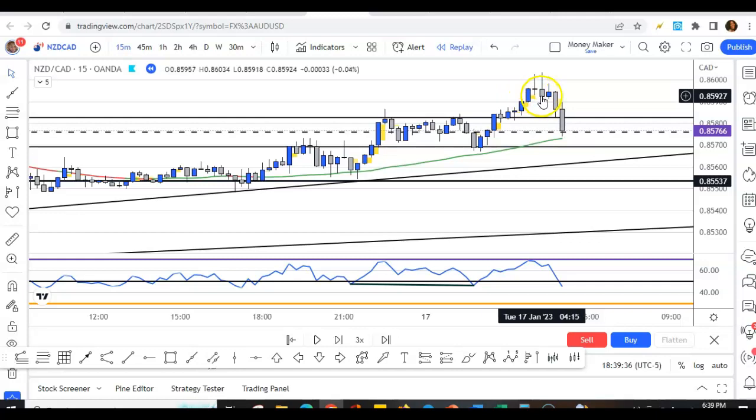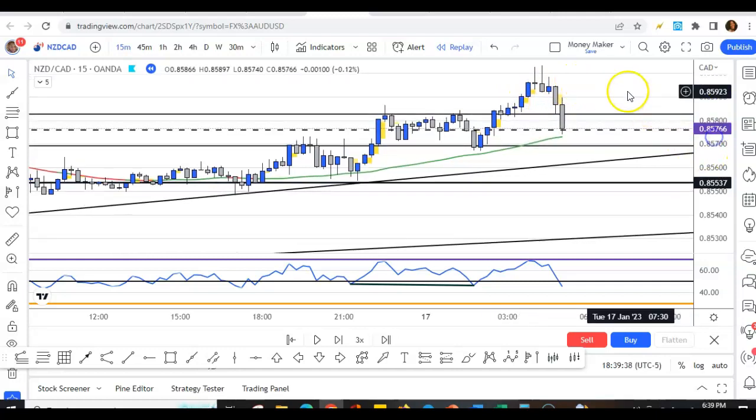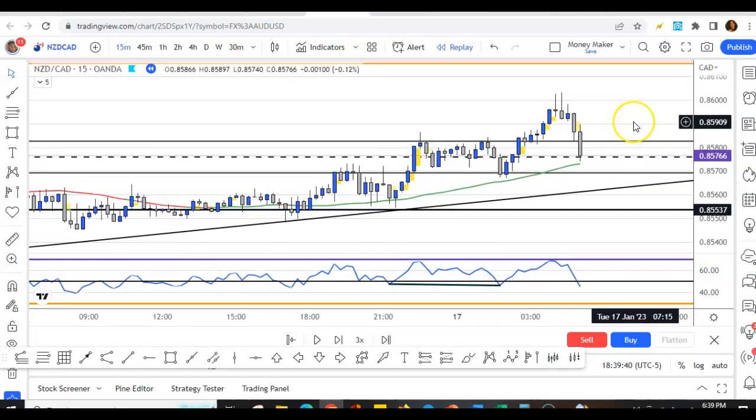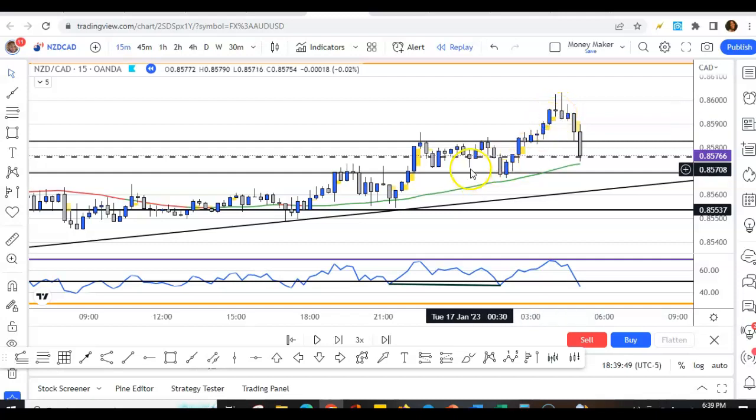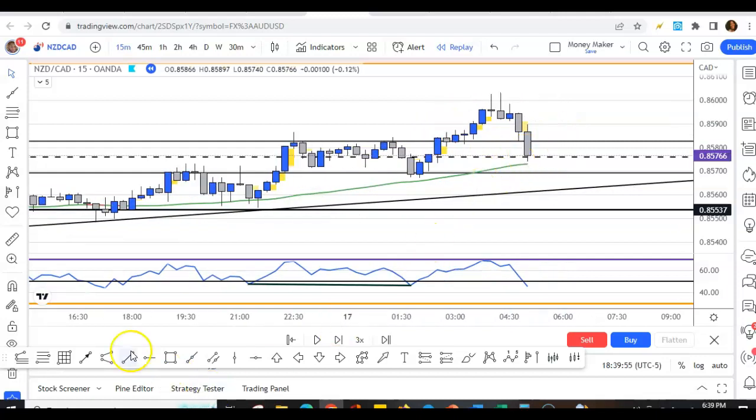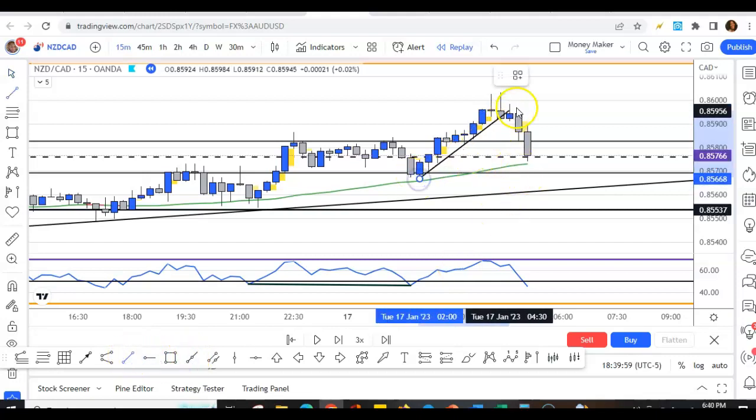Yes, I could have got back in this trade, but once I was kicked out of the trade, I was like, okay, let me just take a pause. This would have been a very good entry. Now, had I followed my order block rules, which is for me to take the entry once it gets back into my order block zone and use a trend line or breaking the trend line to confirm that this market is ready to sell. So I normally would have put my trend line right here,